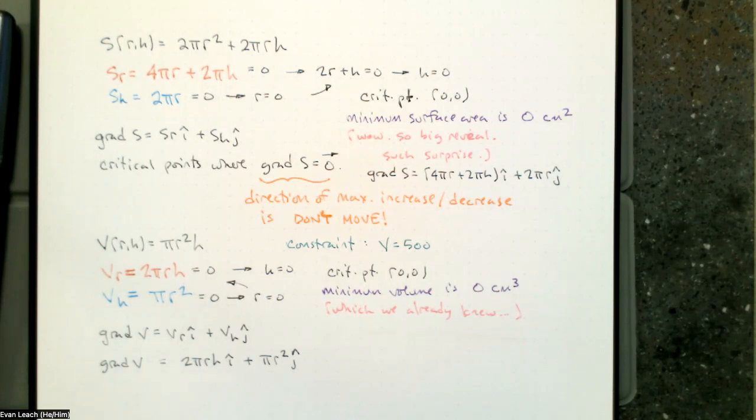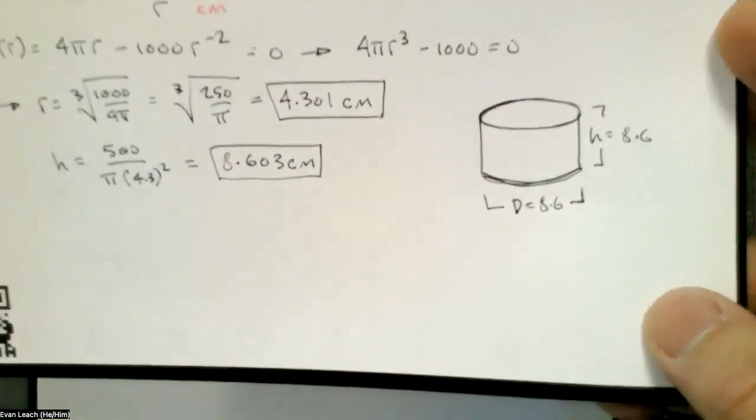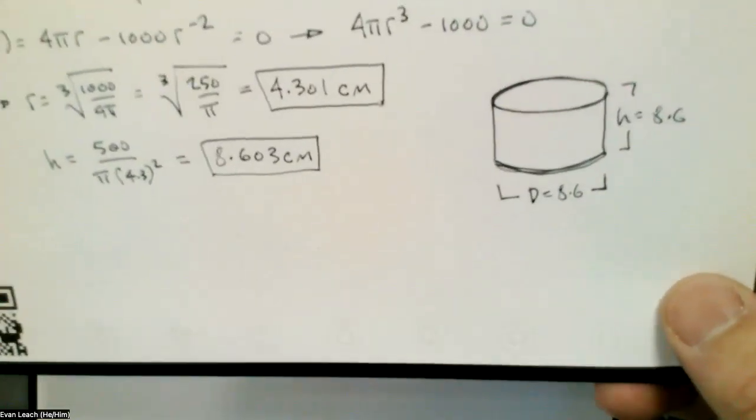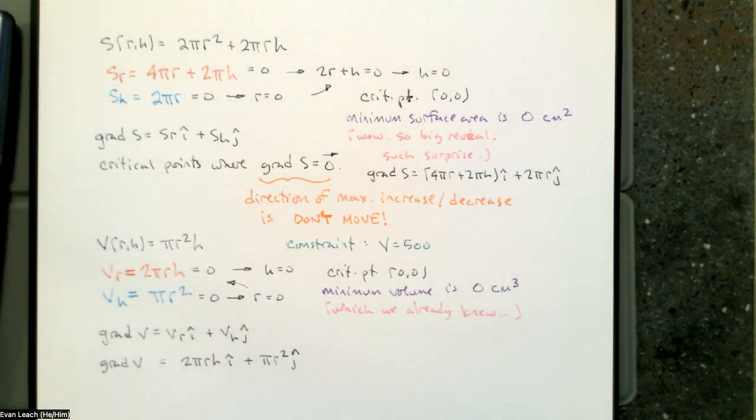So somewhere out in this space, on this plane of R and H, we can find a point where we have a minimum value of our surface area. In fact, we know what it is. We know such a point exists because we just found it, because the point of the problem was not finding the dimensions of our minimum surface area fixed volume cylinder. The point was knowing that we can,